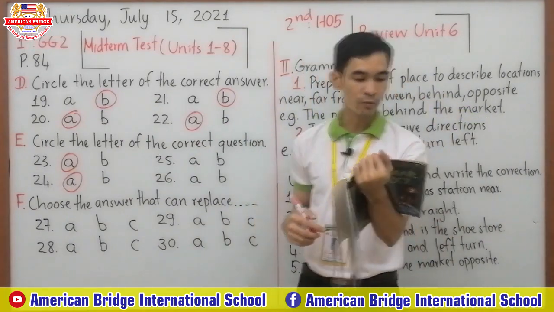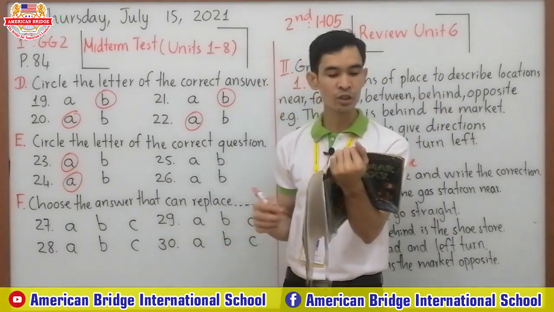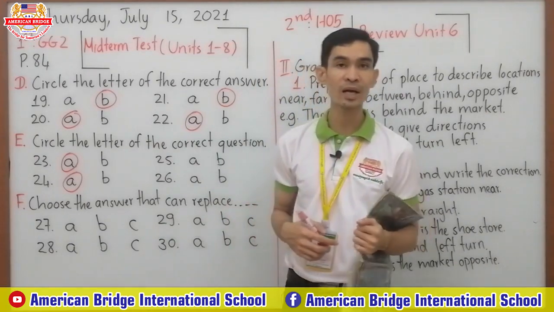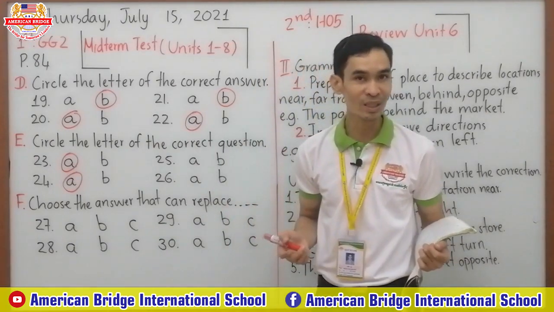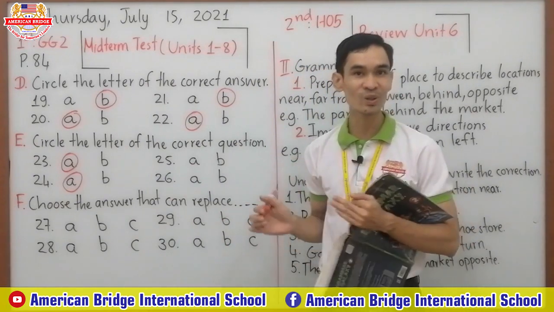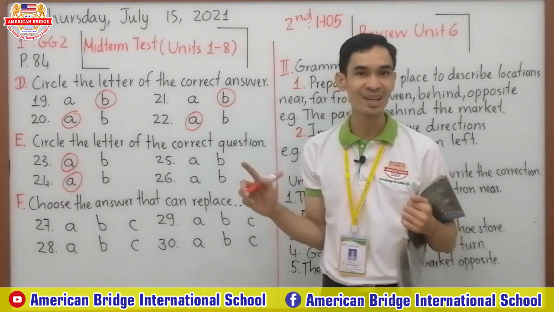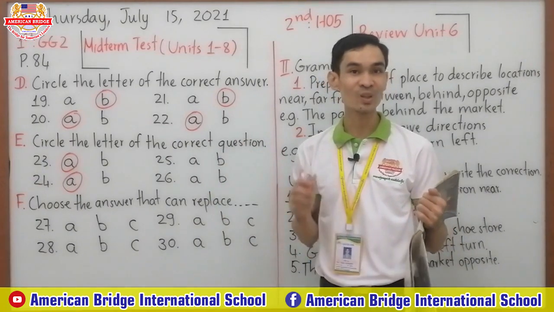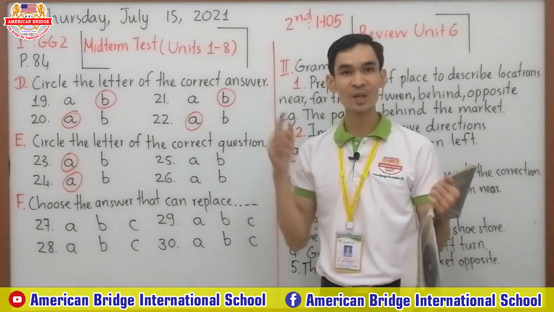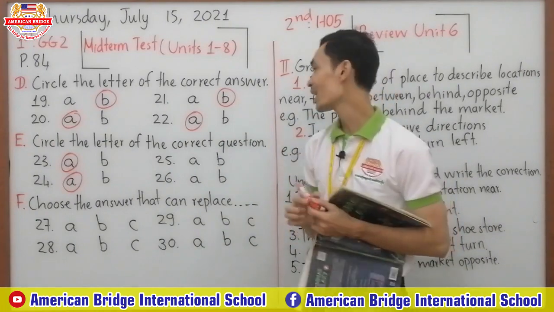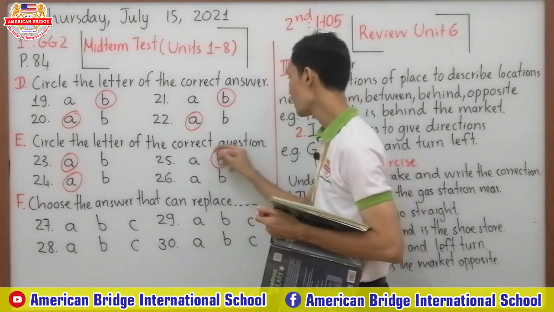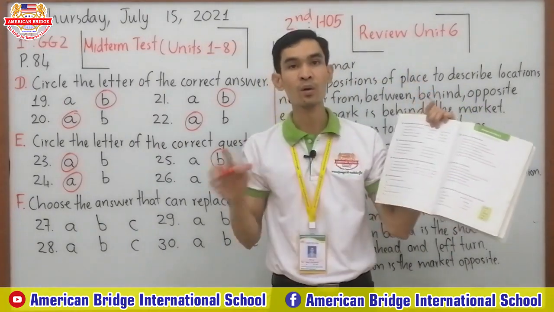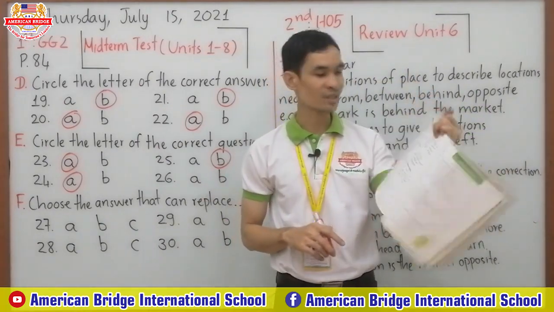Okay, number 25. A. Does she going to study? B. Is she going to study? Okay, like I told you just now, right? When you use that, you need to use with base form of verb. You cannot add s, es, or ing or something else, right? Just use the simple verb. So the correct answer must be letter B. Okay, because here does she going? No, cannot add ing.